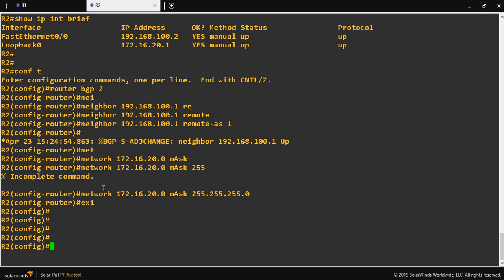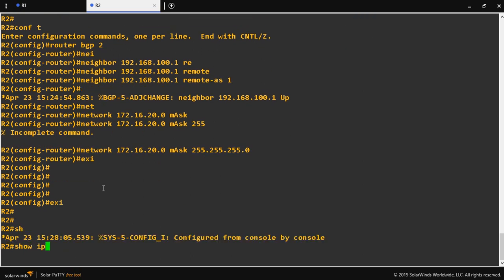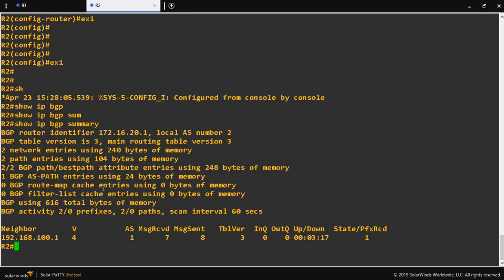We can verify. First of all we give show ip bgp summary. Using this command we check the BGP neighbor table. Here our neighbor is 192.168.100.1 and the neighbor AS number is 1.